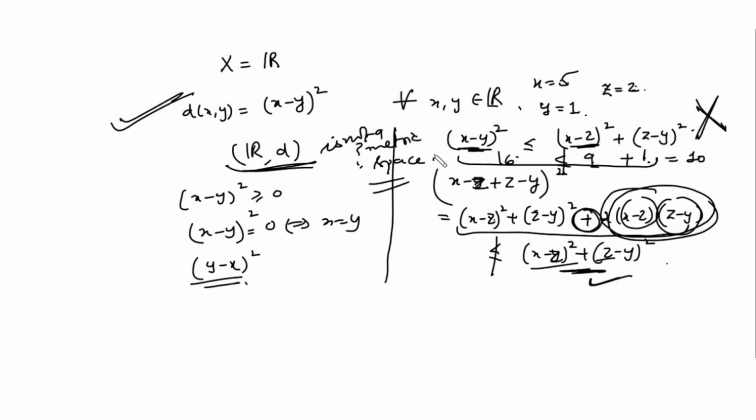So just by looking you cannot say that it will satisfy all the properties; you need to check, and you can give any counterexample also. You can even state it in this form: if you choose x to be 5, y to be 1, z to be 2, the last property does not hold. Therefore it does not satisfy the triangle inequality for every x, y, z belonging to real numbers. So it is not a metric space.